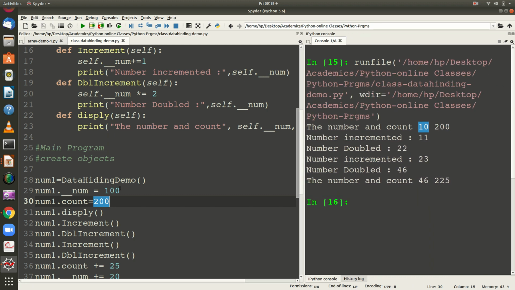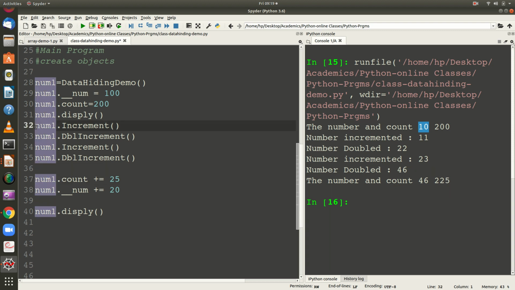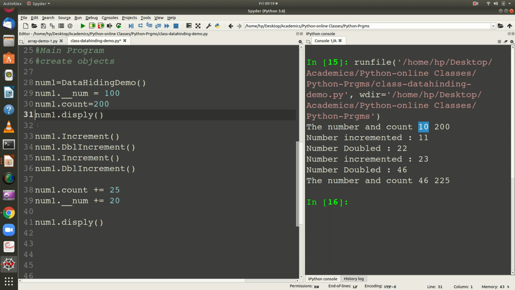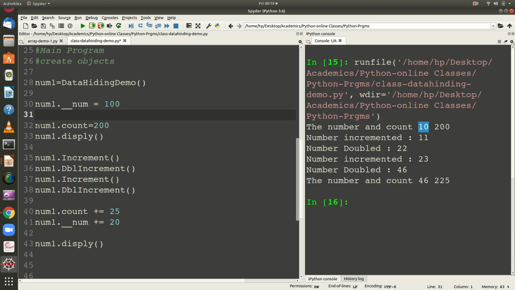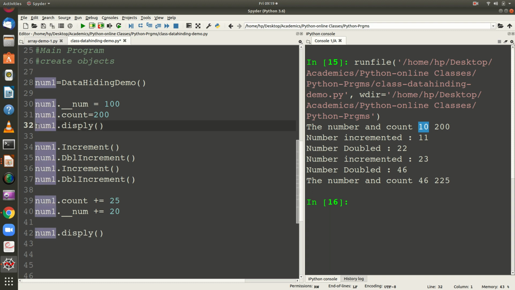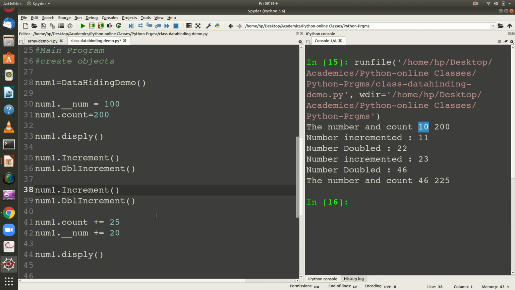Okay. And here what I did, I am incrementing count with 25 and I am incrementing num with 20. And I invoke the display method here. Observe it.